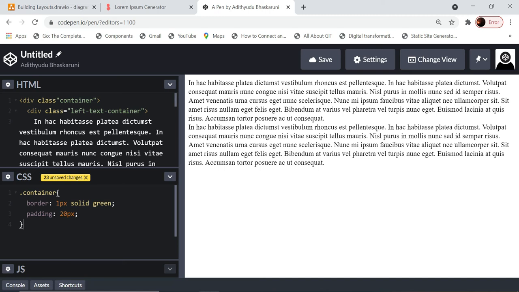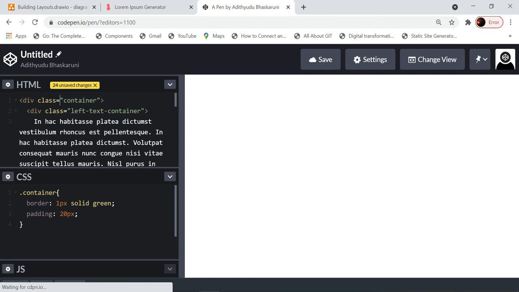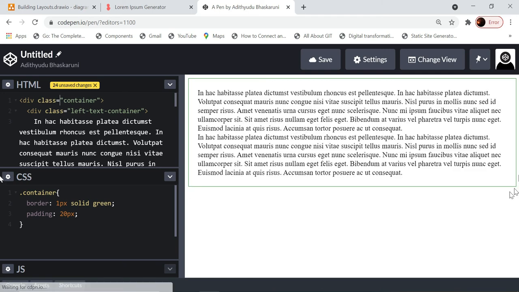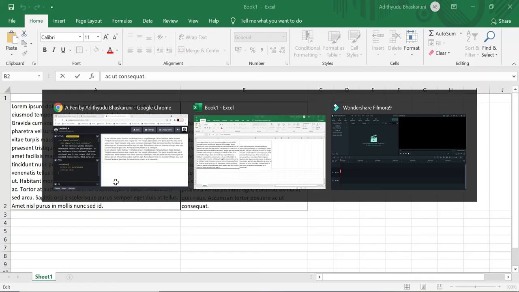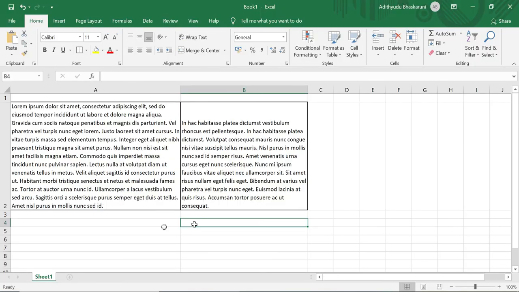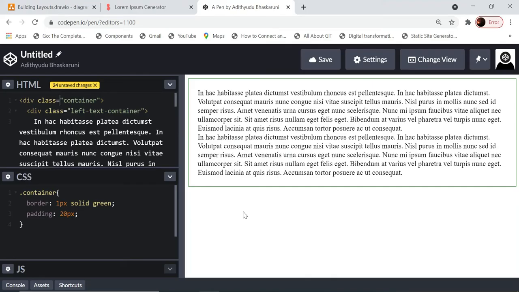Changes are not getting applied here. Yeah, I have missed the equal sign here, that's why. Now it should get reflected. Yeah, now the changes got reflected. So this is the border. This is the parent container in which it was there, so we saw the topmost container earlier. Now let us give the border to these two also.